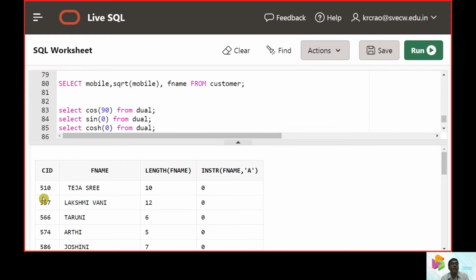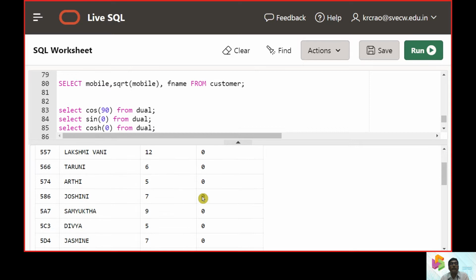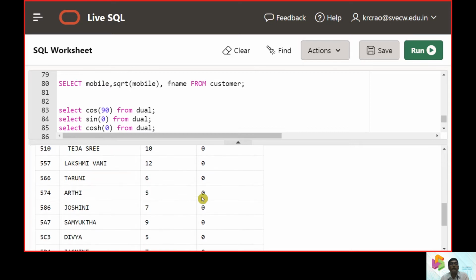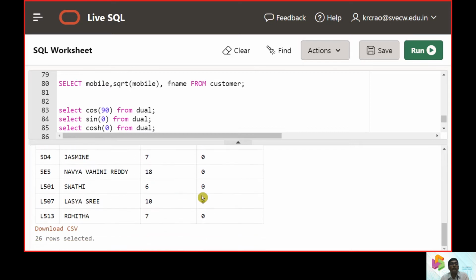It is bringing up the first name of 510. The name was 10 in length, and you can see here a space is also going to be counted, and there is no A at that position.